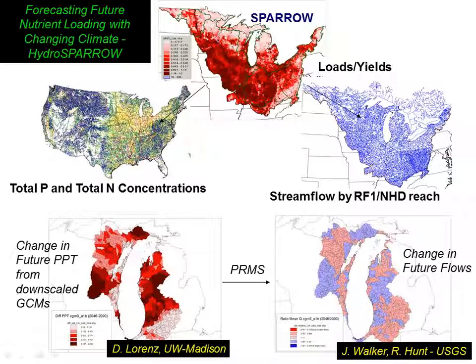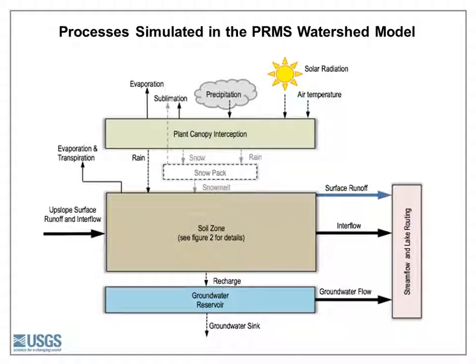We're also trying to make projections in this area for how climate might affect things. To do that, again, we broke it down into two pieces. Now what we want to do is take climate projections. So we're using downscaled GCM output, basically driving changes in precipitation. We have that for a whole series of GCM models, and we input that into a PRMS model, a hydrologic model, to see how changes in flows will go.